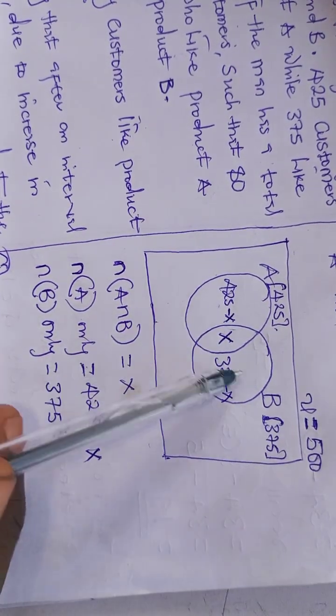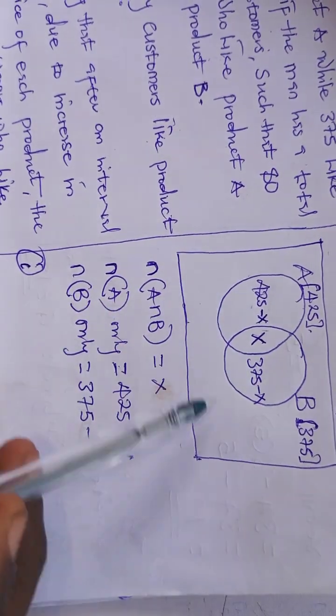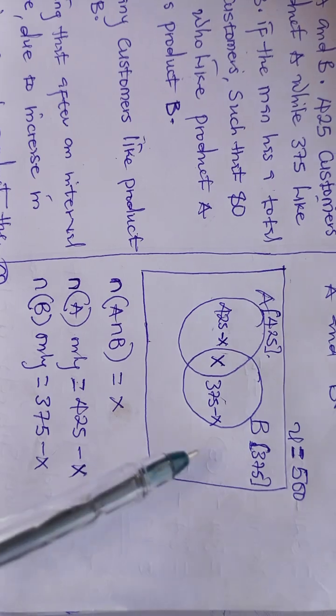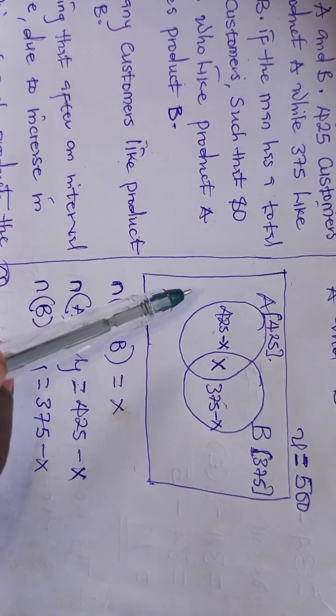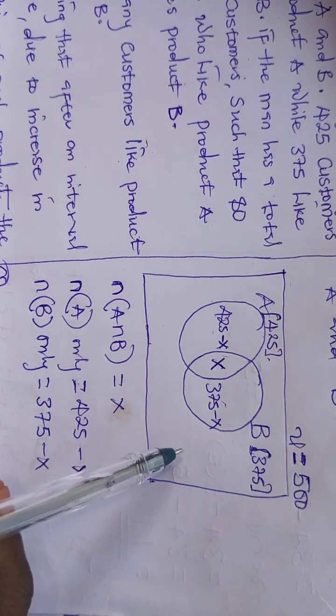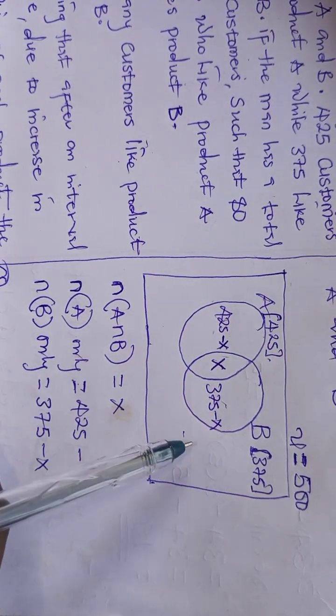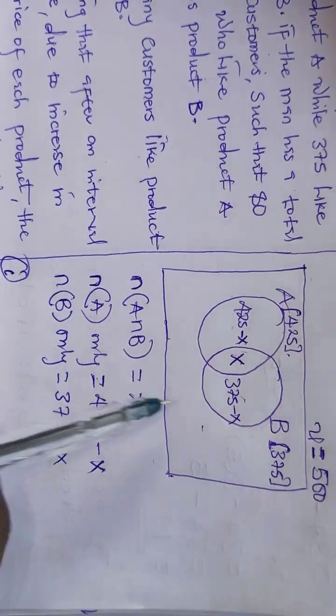So we are going to form an equation with them. If you check very well here, from the question, it was not stated that any certain number does not like either product A or B. So there's nothing outside this set. So it's just like this, looking at the question. So forming an equation